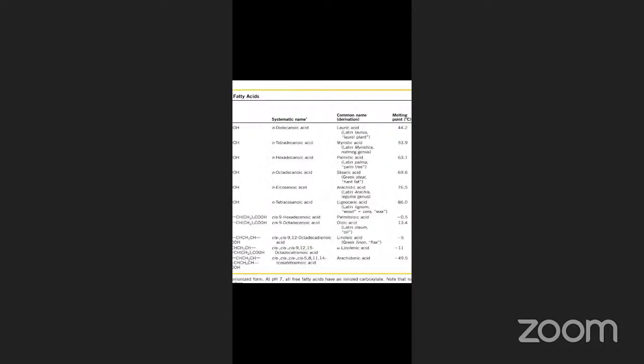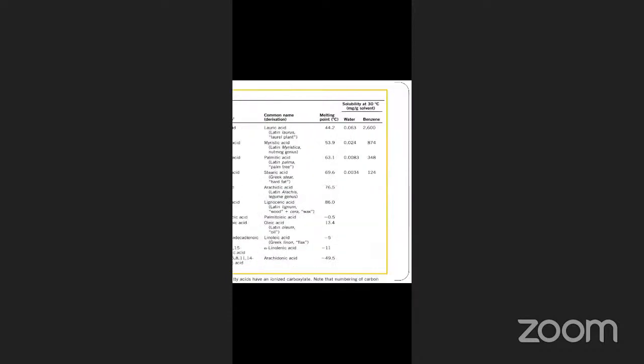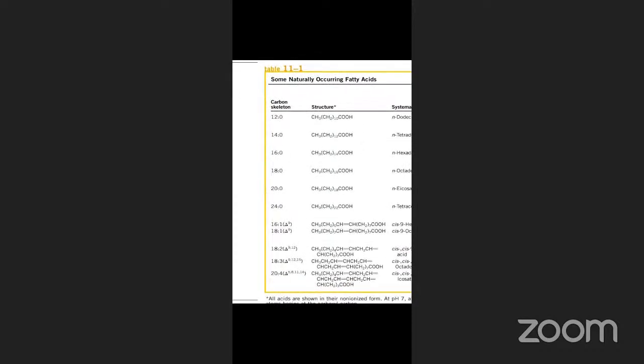Its common name is lauric acid. The melting point, solubility, all these are listed. Likewise 14:0, 16:0, 18:0 mean 14 carbons with no double bond, 16 carbons no double bond, 18 carbons no double bond, 20 carbons, like that. So below, if you see,